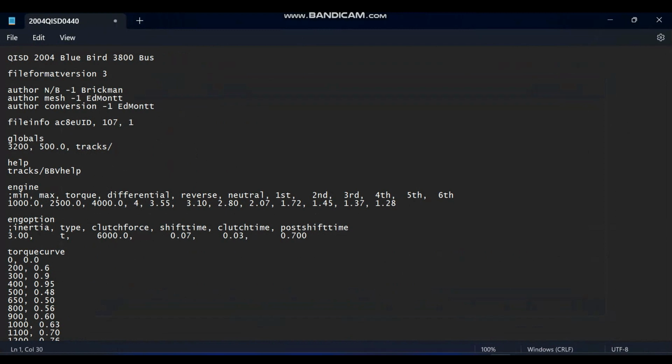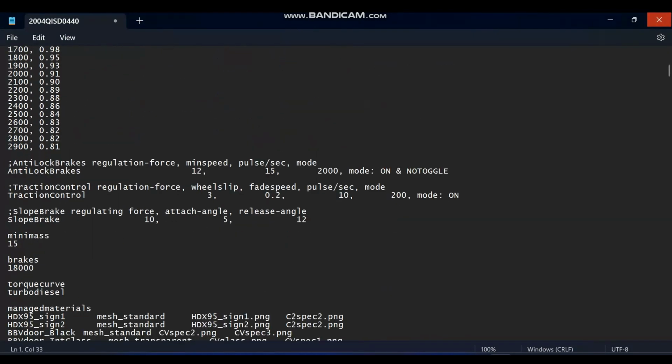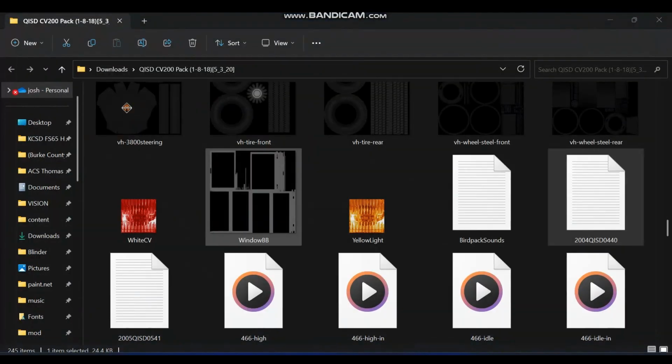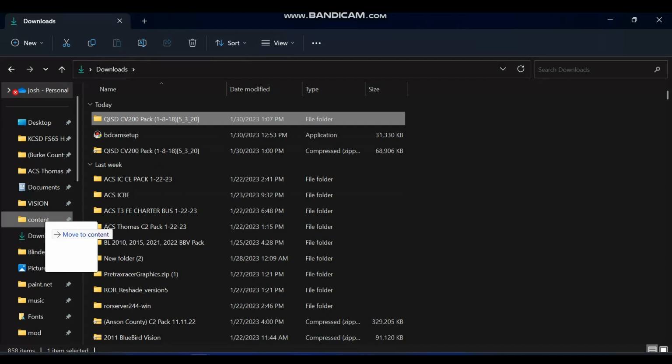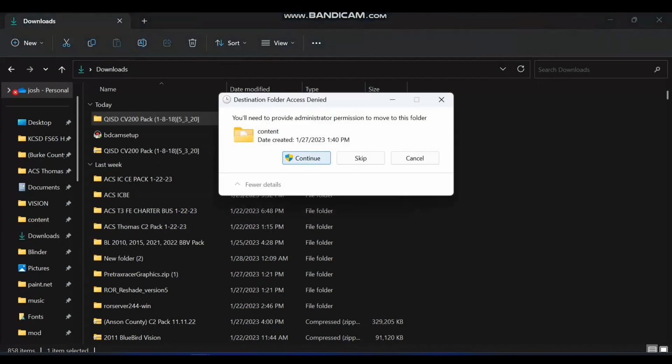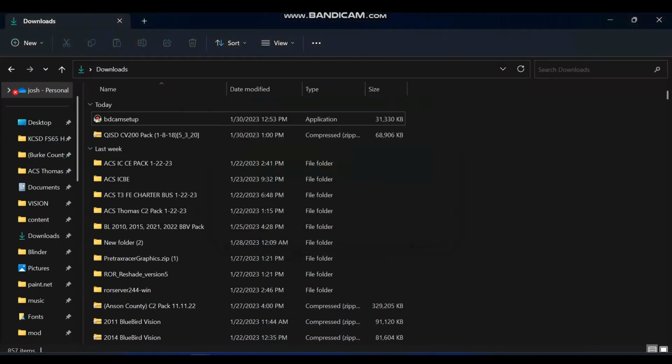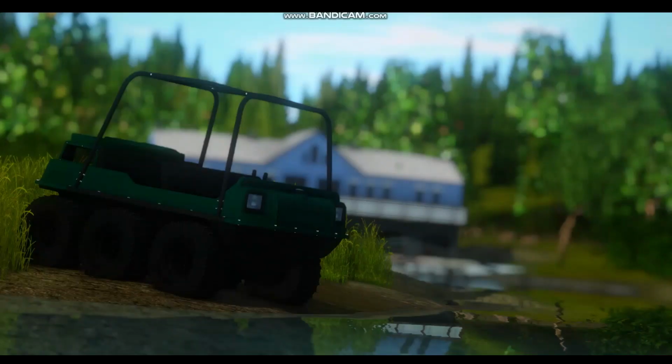And when you go in the game, this is what you search up. As an example, I'm going to do ABC 2004 Bluebird Bus 1, 2, 3. That's how I'm going to do this. And I'll show you how to duplicate body files and everything too. So now, if you just want to test it, then you can put it back in your mods folder without it being zipped. So now, if you go into Rigs of Rods, like I will demonstrate now,